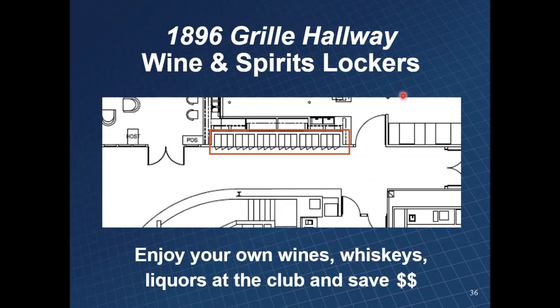So now we're moving out of the 1896 Grille, and we're in the hallway that's between the Lafayette room over here, and we're heading over this direction to the deck. So in this space, you will see we're going to install wine and spirits lockers. You'll be able to have your own locker and secure your own wines, any whiskeys, and liquors at the club. And we think it's going to save you a good bit of money, because we'll just charge